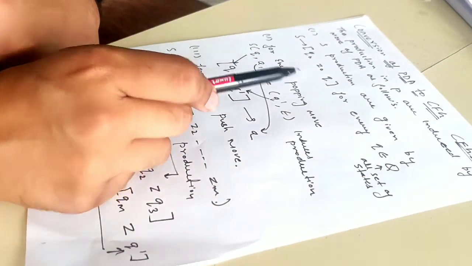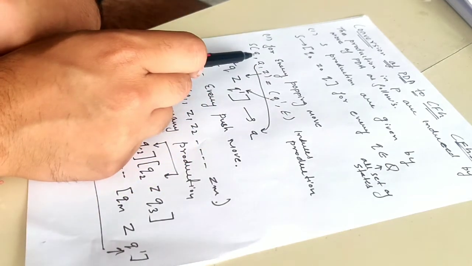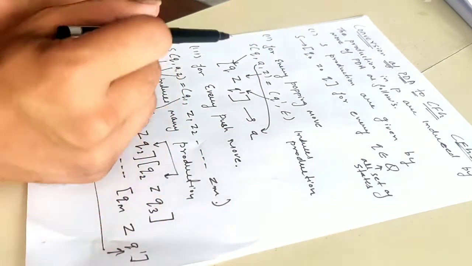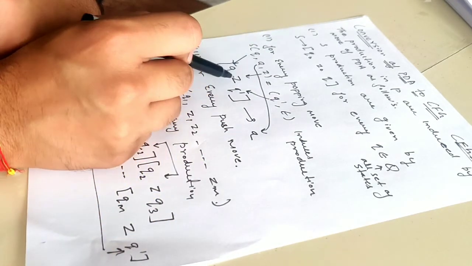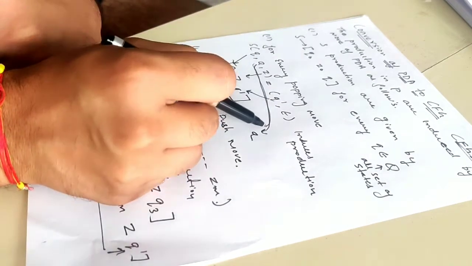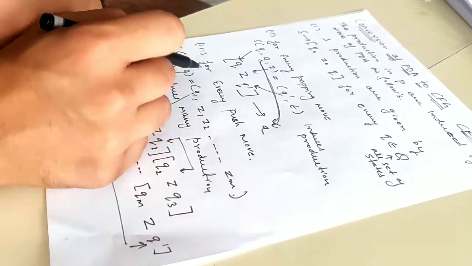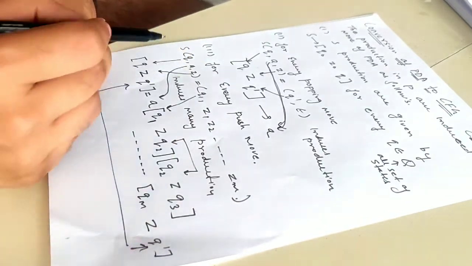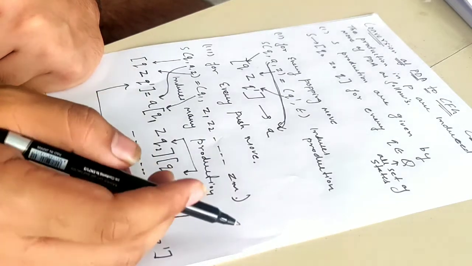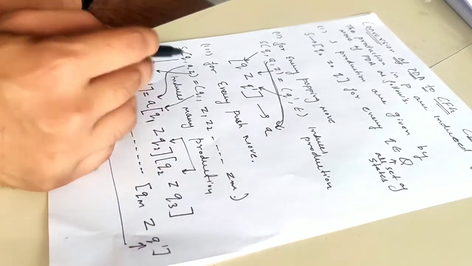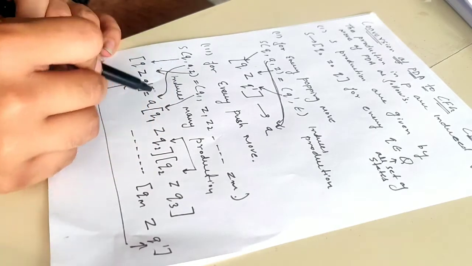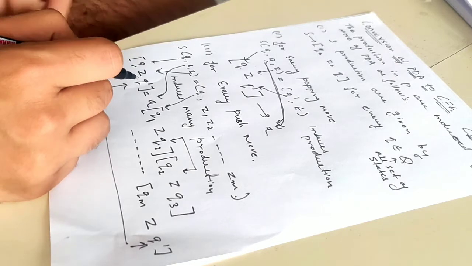Rule 2: for every popping move, δ(Q, A, Z) = (Q', ε), it induces many productions. So this Q comes here, the Z comes here, and this Q' will come here, and this A will be induced. The last one is for every push move, δ(Q, A, Z) = (Q1, Z1 Z2 ... Zm). It also induces many productions. This Q comes here, this Z comes here, and this A will go here with any Q'. It can be any state.